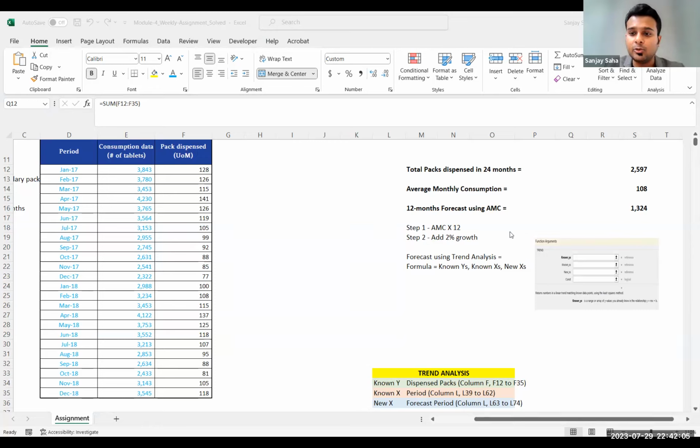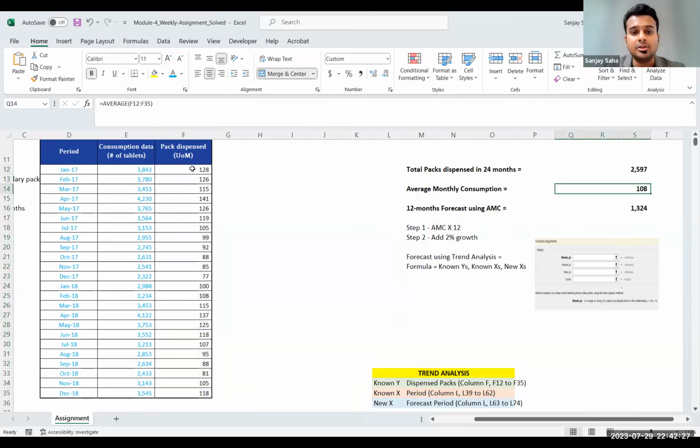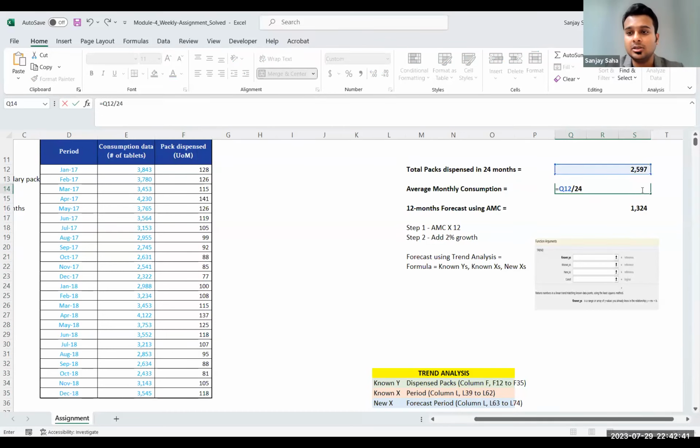Okay. The second question was, what is the average monthly consumption? So now we know the number of packs being dispensed each month. To get average monthly consumption, we just divide the sum, which we did in the first question, by 24 months. Or we can take an average of this entire column where the data is. Either we divide this number, 2597, by 24, and we get 108, or we can take an average of this entire